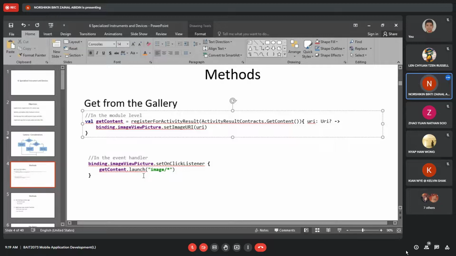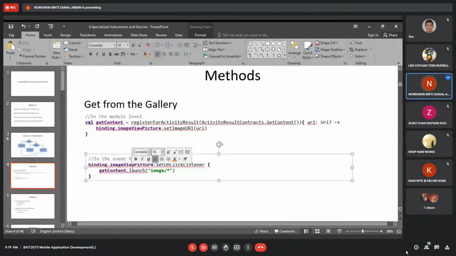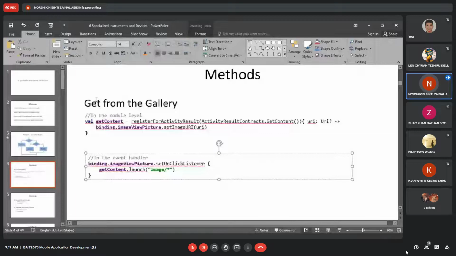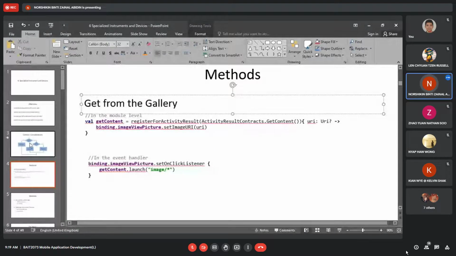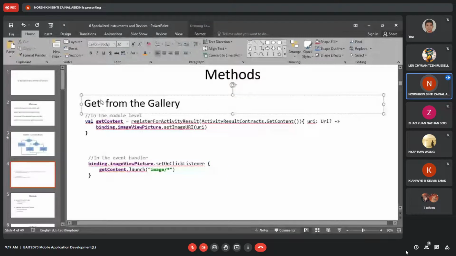Second, in the event handler, we have set on click listener, when there's a button, and then get the content. So this is the module level from just now and the event handler for the gallery, to get a photo.